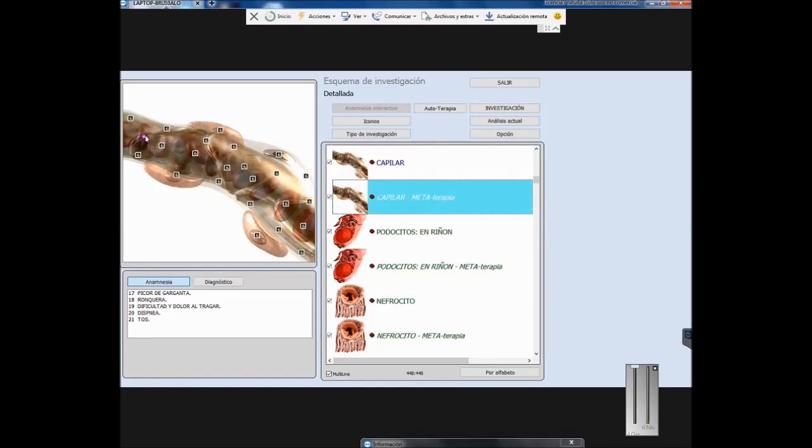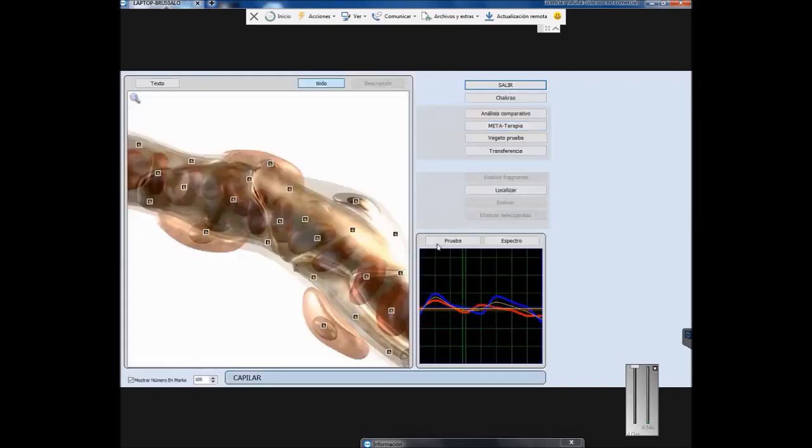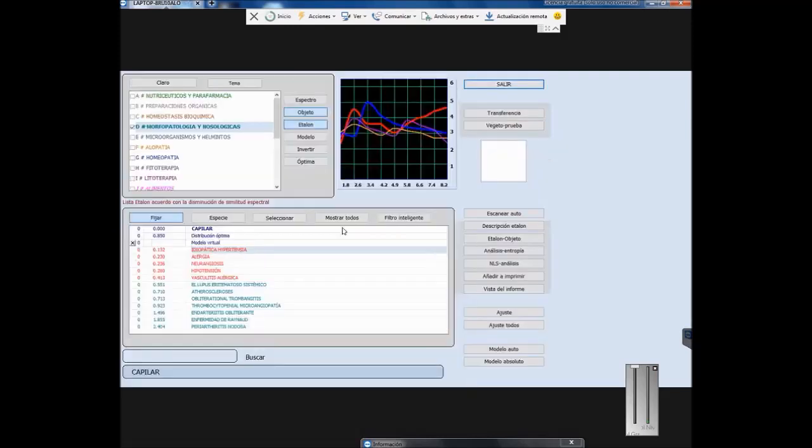do the analysis here of capillary, we enter to the test, we obviously see 5 pathologies that are in red here with a higher probability, and if we, for example, check here microorganisms there are no microorganisms, we leave here and check how it was after a metatherapy, we put current analysis, we put a test and obviously